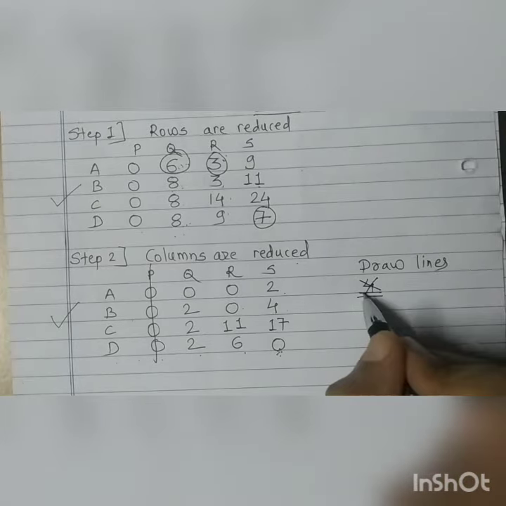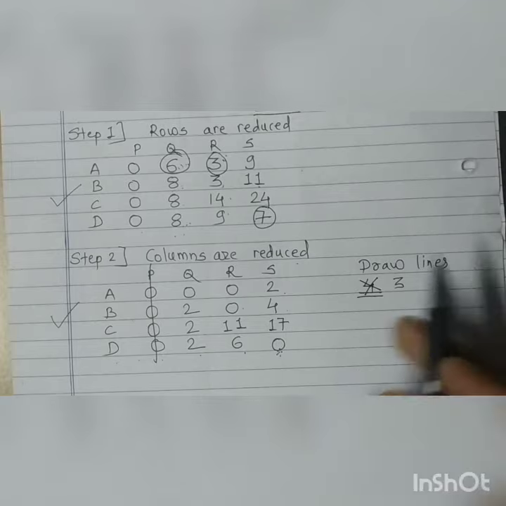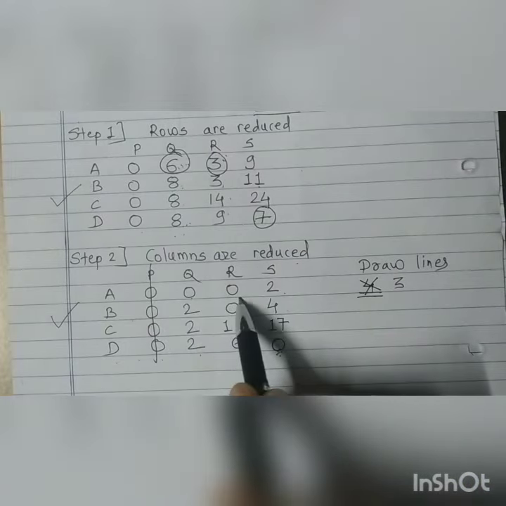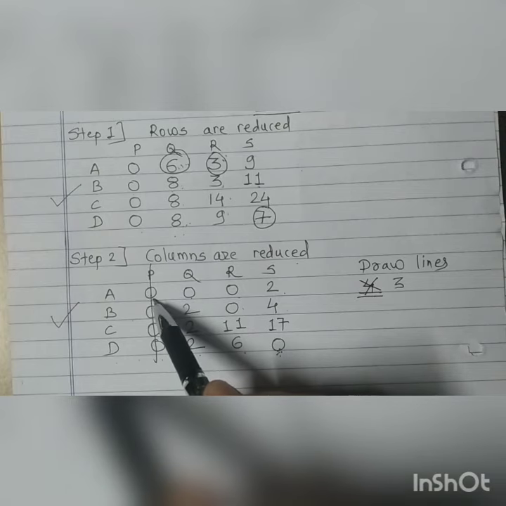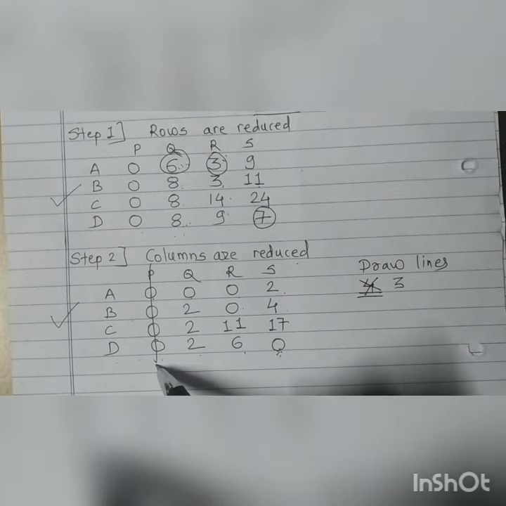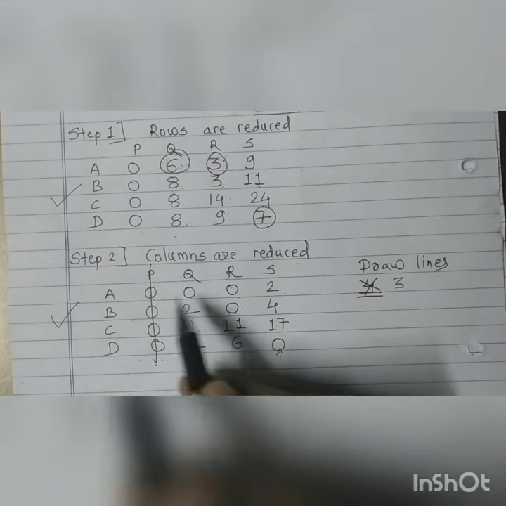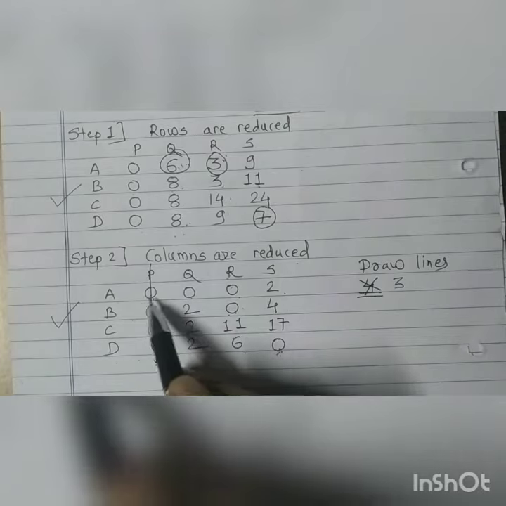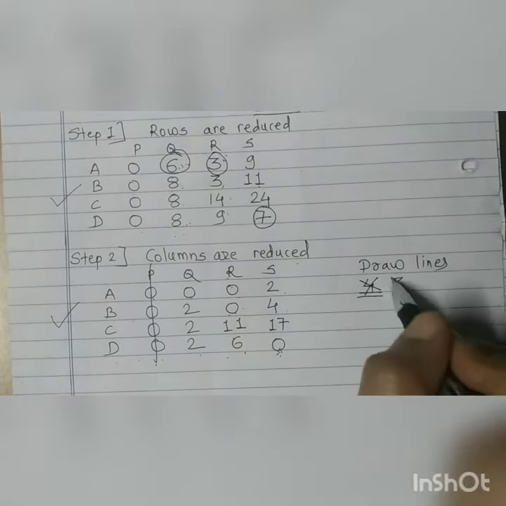So I will reduce this count by 1 and I will search for 3 zeros. Can I find 3 zeros? Earlier there were 3 zeros in the first row. But as this 0 is covered now, I will not consider this 0. So without considering these zeros, can you find 3 zeros? Here there are 3 zeros, but they are not in a particular row or column. There should be vertically or horizontally. Okay, so there are no 3 zeros.